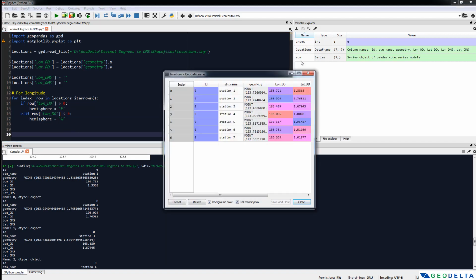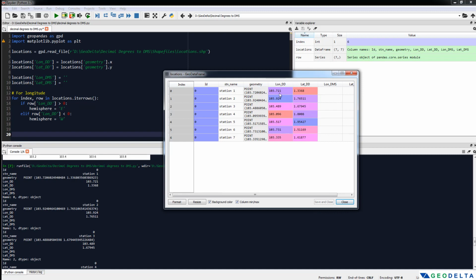For example, if I open the locations geodata frame, now you can see all the longitude values I have are positive, and that's corresponding to the eastern hemisphere over here. But if somebody were to import locations which correspond to the western hemisphere, these longitude values are going to be negative. So this particular statement takes care of that. All right, after we are done with that,